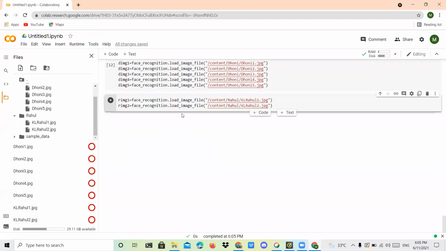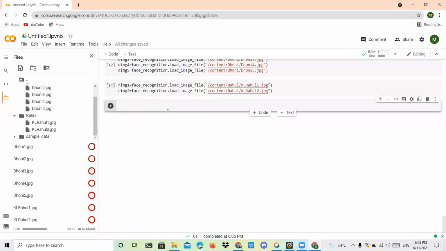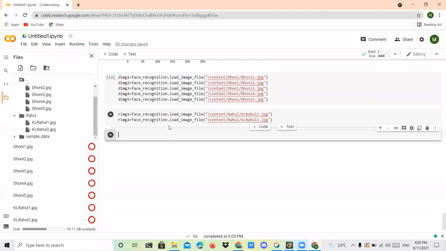Now I want to do the encodings. The first step is over, very simple: use your load syntax and include it in any other variable. Next, I'm going to perform encodings for all the images, 7 images. Encoding uses the same format. I'm going to use Dhoni image 1 underscore encoding.